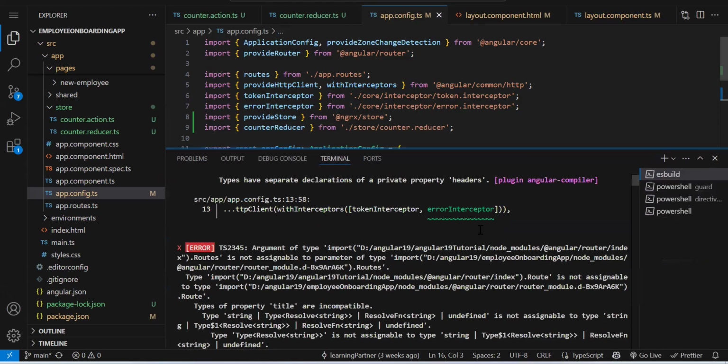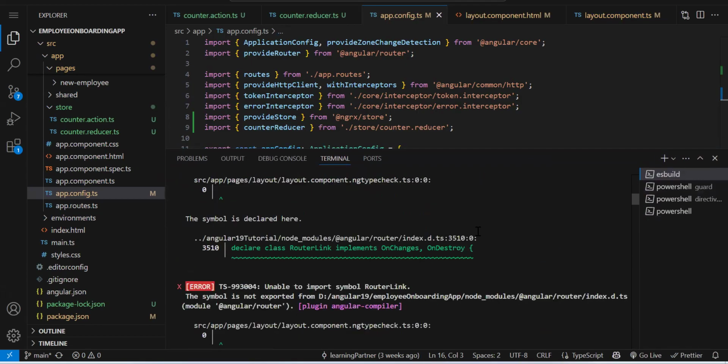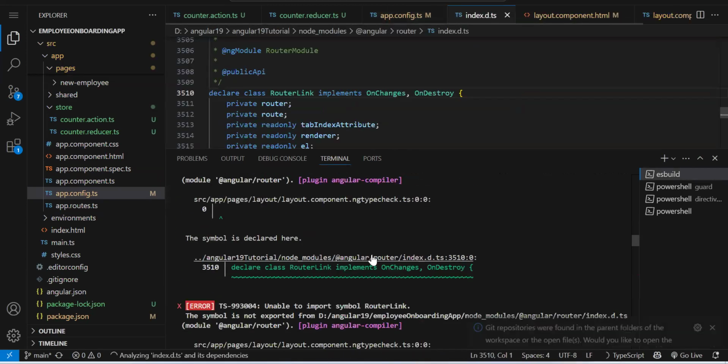Let's check the terminal if it is breaking over here. Let's stop it again.